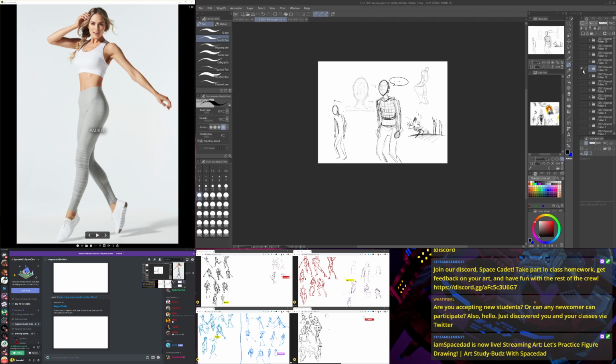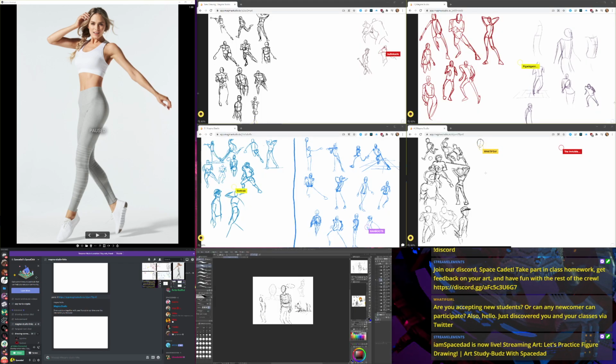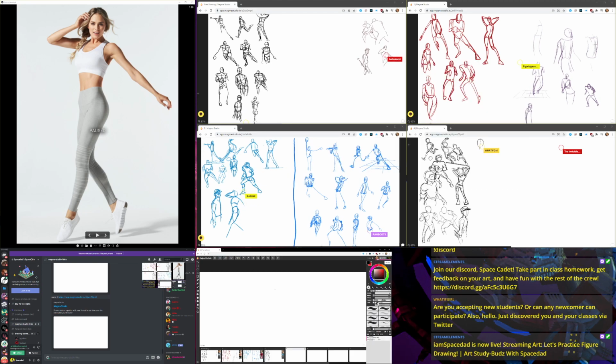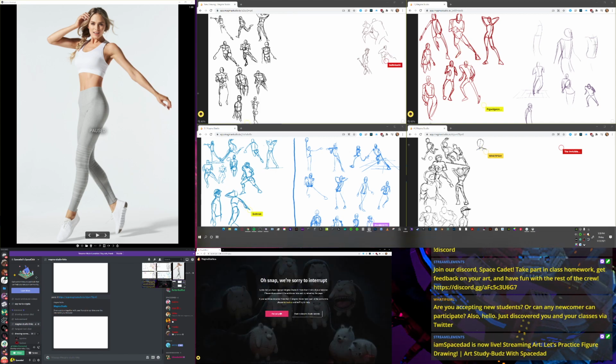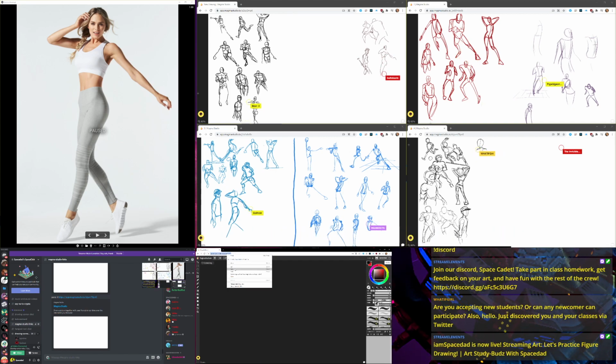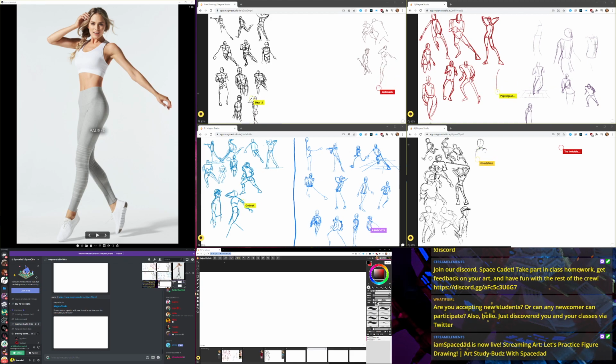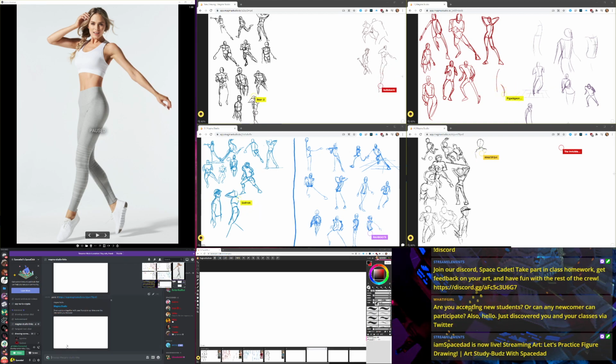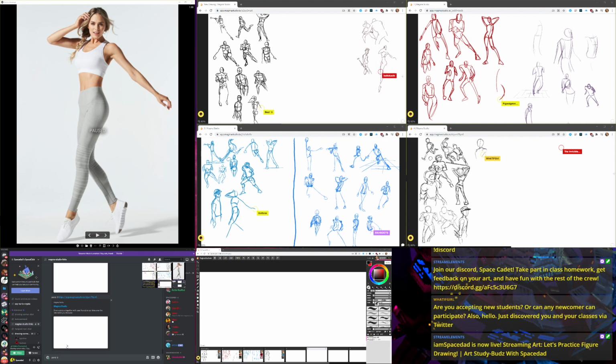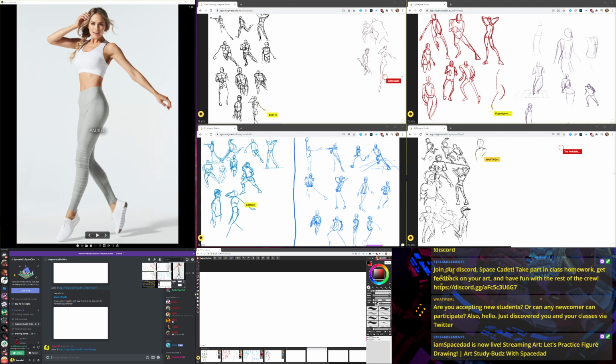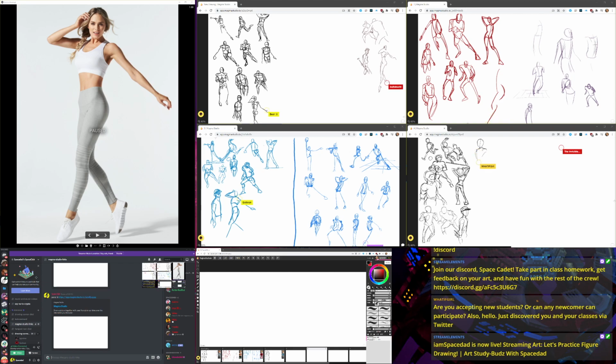Some pretty good looking warm-ups though. Let's see if anyone else has been filling up the panels. We got about 2 people per thing. Looks like we need some more panels, if more people want to join, so I'll put in Magma Studio. Panel 6, we're skipping 5. Panel 5 is mine. Panel 6, panel 7, panel 8.